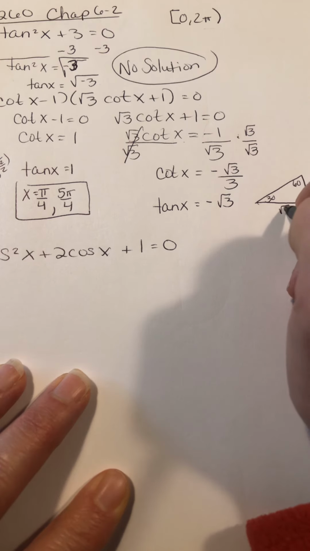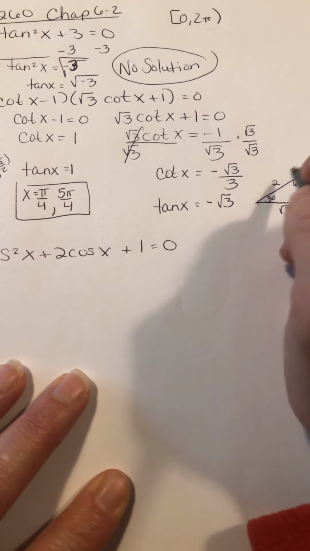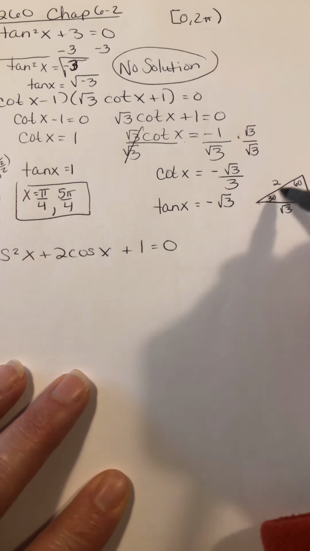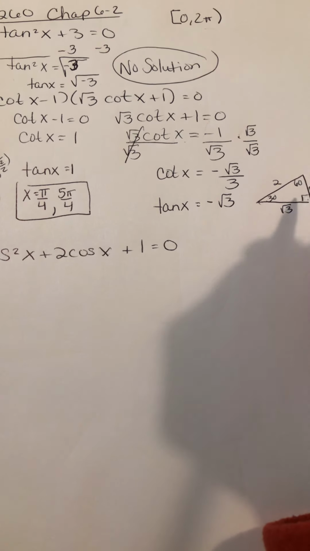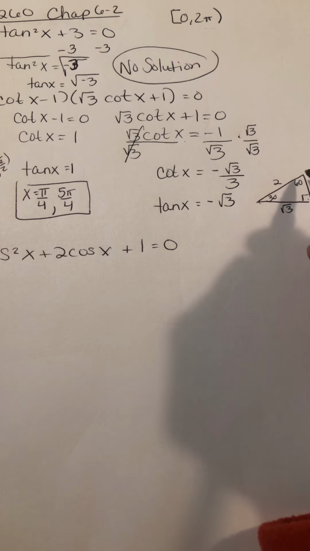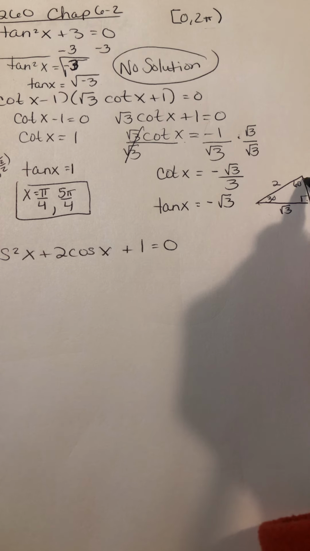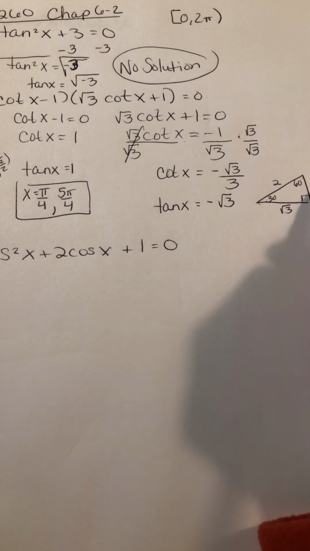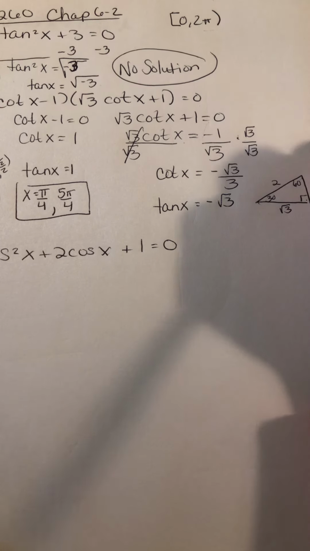We have 1, we have rad 3, and we have our 2 here. So the angle that we're talking about for where the tangent is equal to rad 3, it's the opposite over the adjacent. So if I'm looking at my 60-degree angle, opposite is rad 3, adjacent is 1. So I'm really talking about my 60-degree angles,